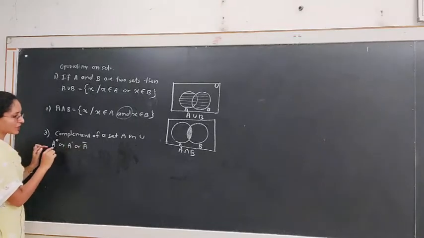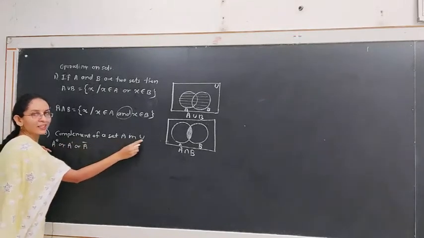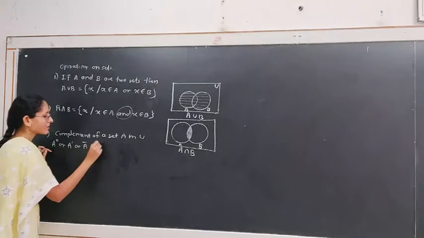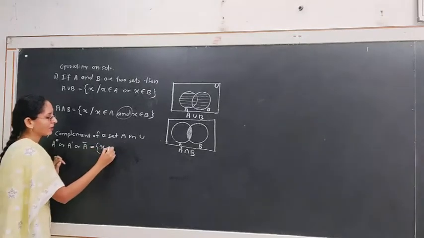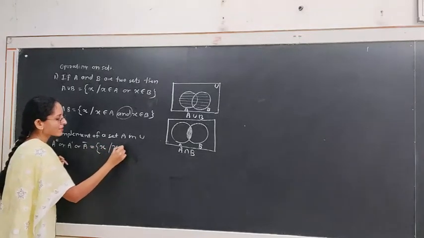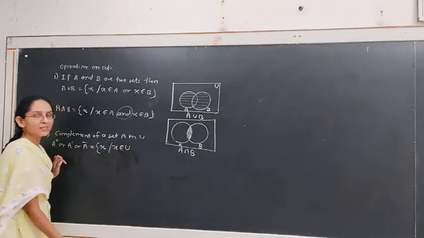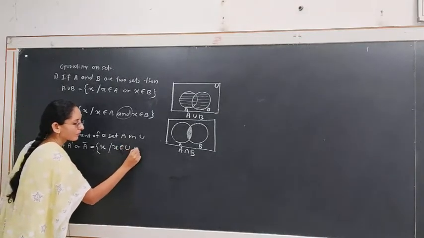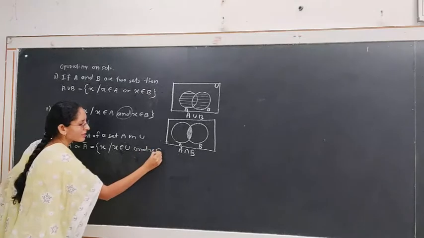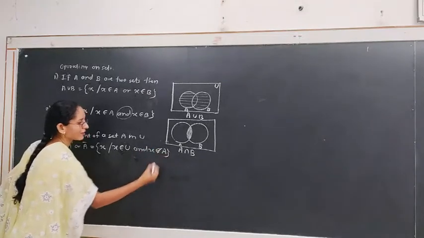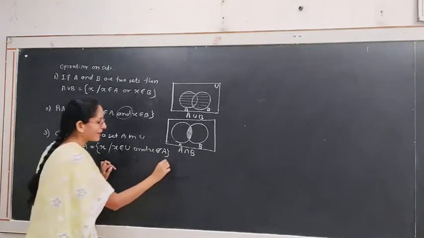These are all notations for the complement of set A in U. This is equal to the set of all elements X where X belongs to U, the universal set, but X does not belong to set A. In a Venn diagram,